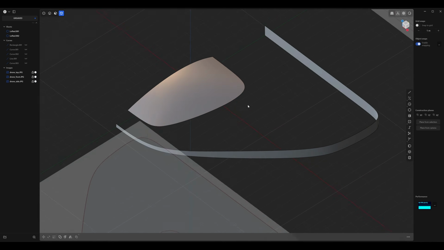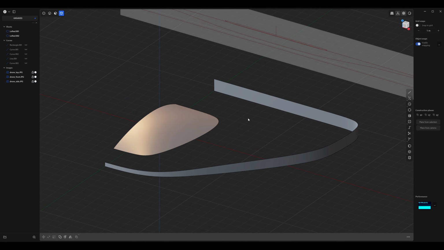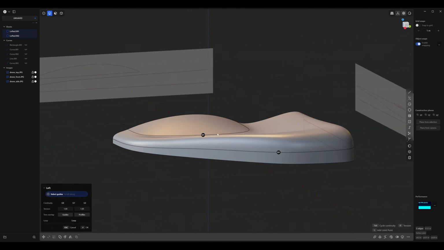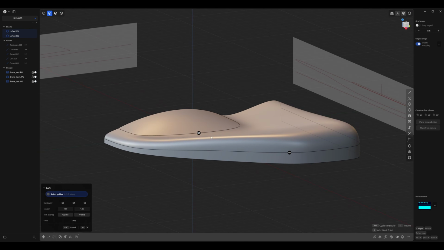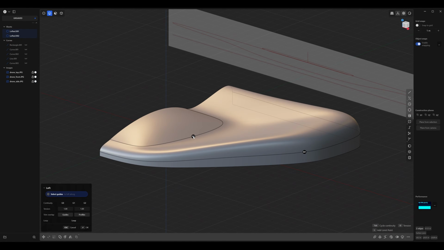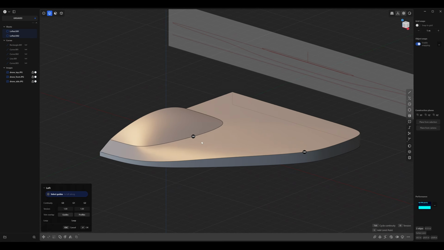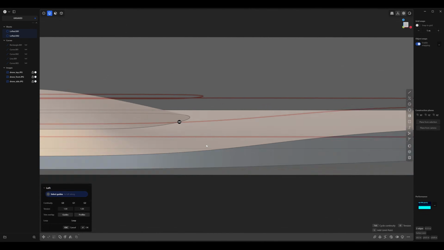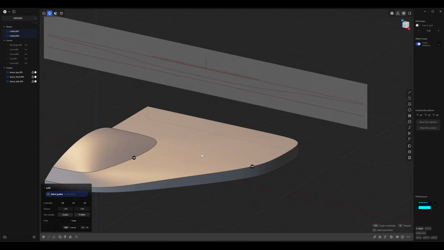Okay, so now in some cases you might need to split these up by imprinting curves, but in this case we should be able to just press 2, select this bottom edge and this top edge of this surface, and then press L. But you'll notice that it creates this really bad organic form here, and that's not what we want. But that's okay. All we need to do is change this to a G0 connection, which means there's no continuity from one surface to the next. You can see it just kind of breaks, and that's okay.